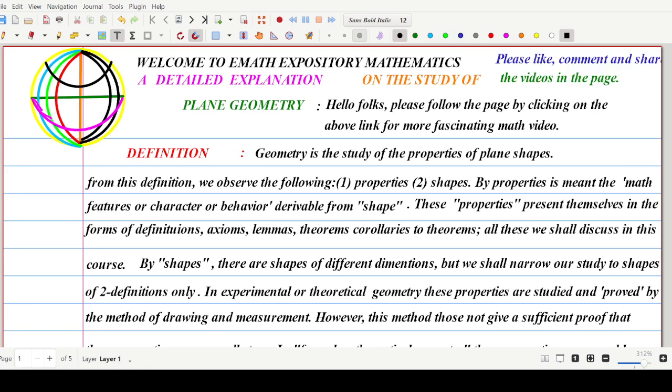We shall be considering a study on geometry. Geometry is a very important branch of mathematics. It's a very wide branch and it has many applications. All right, so we want to look at a study on geometry, and it is important to put down the important terms that will enable you to grapple with the study of geometry. In this video, I shall be giving a detailed explanation on what is geometry and on some terminologies that are